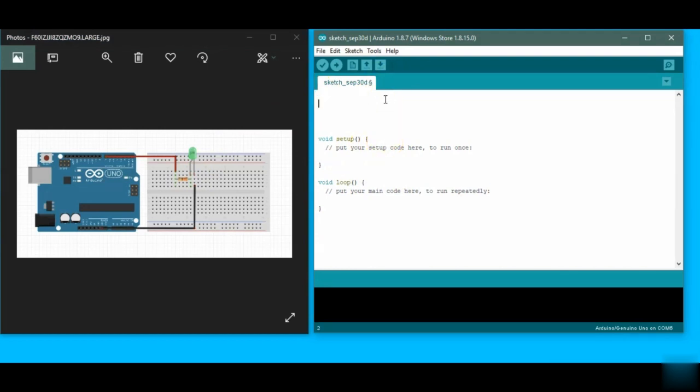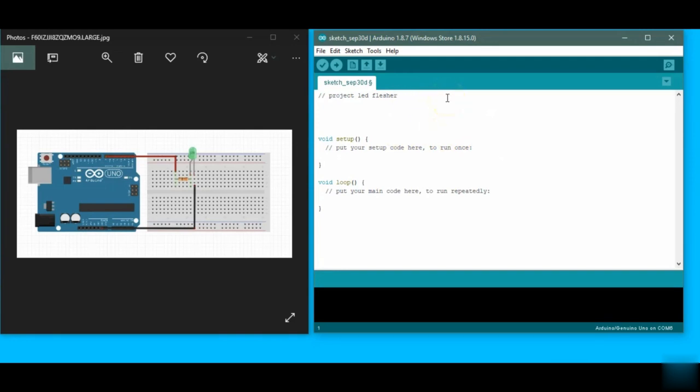first of all we begin with a comment. Comments are things that are ignored by the IDE, and we give it the name LED flasher. For comments we use a double slash, and then the comment we want to add. It's simply used when you want to add something that is going to be read by you, or if someone else is using your program and you want to let them know what the program is about.